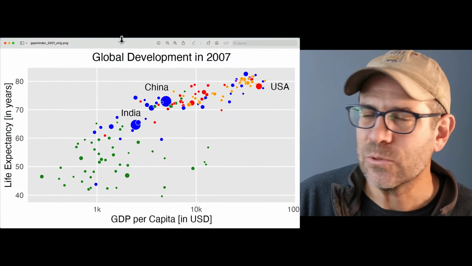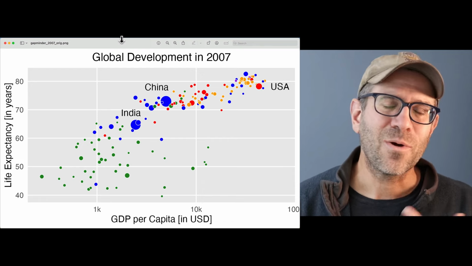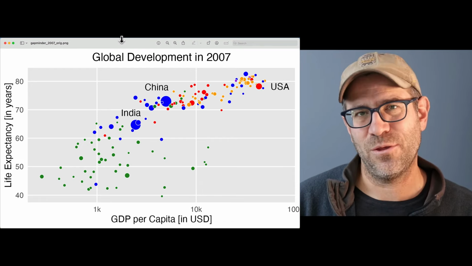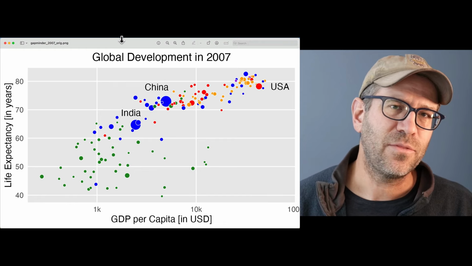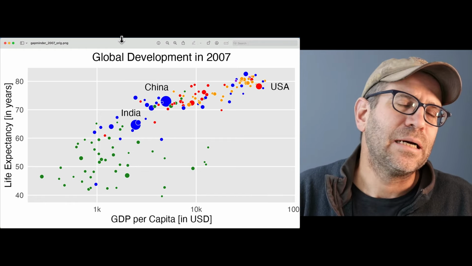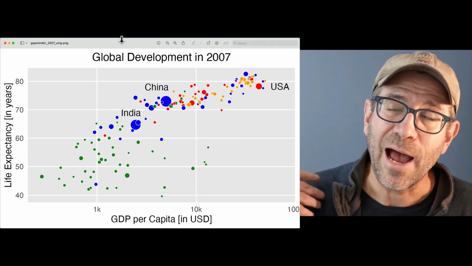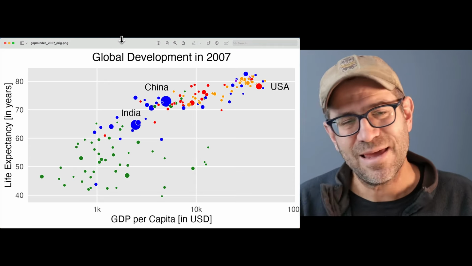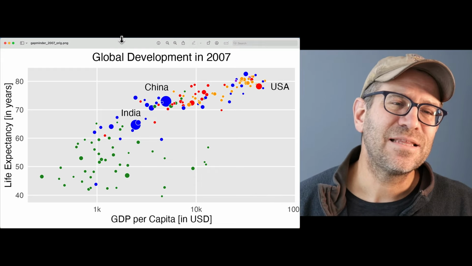because I don't want to just simply do an exploration of all the menus and all the different bells and whistles, what I want to do is build a figure with you. And so we're going to build this figure that takes data from the Gapminder package. Gapminder is a very popular data set that is frequently used when teaching R. I don't happen to use it because it's a bit cliche, but I'm going to use it here to build